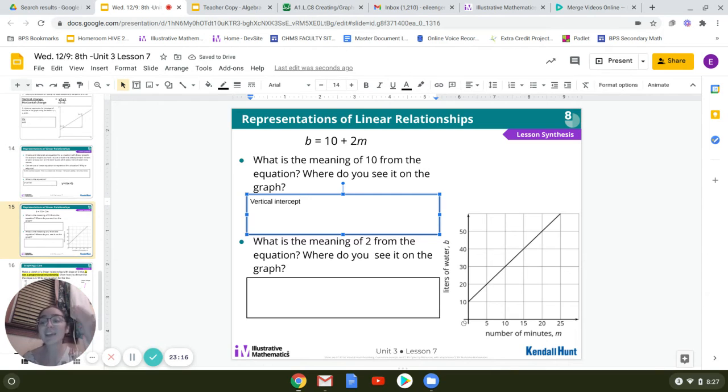And where do we find that on our graph? It's the point where our line does what? Where does it hit that 10? Oh my goodness. So it hits that y-axis here. So the vertical intercept represents where our equation line hits